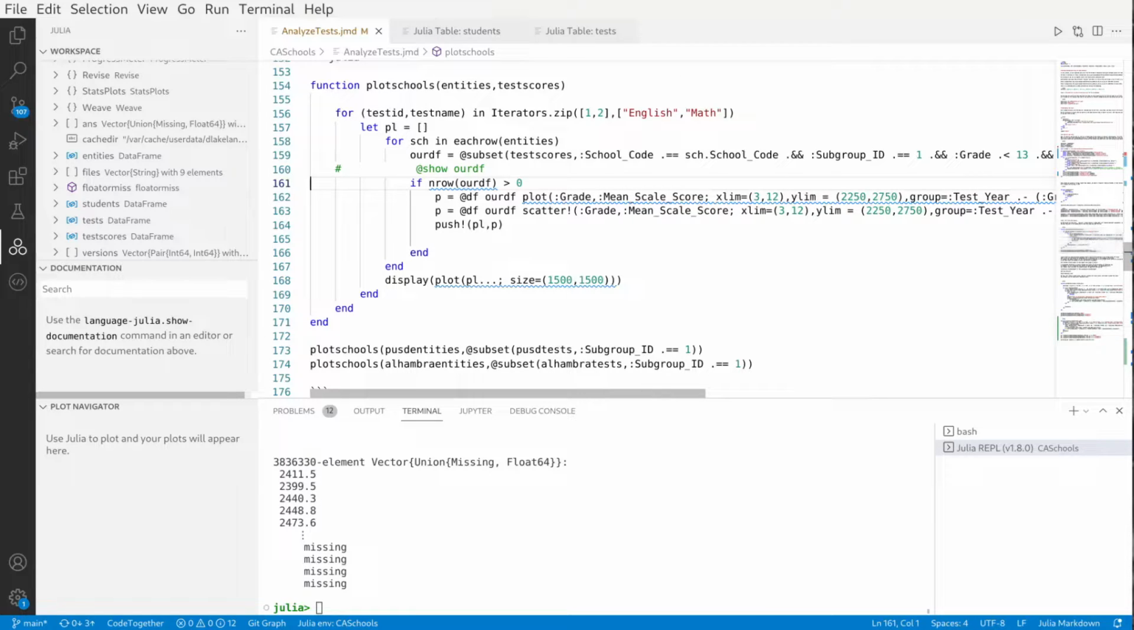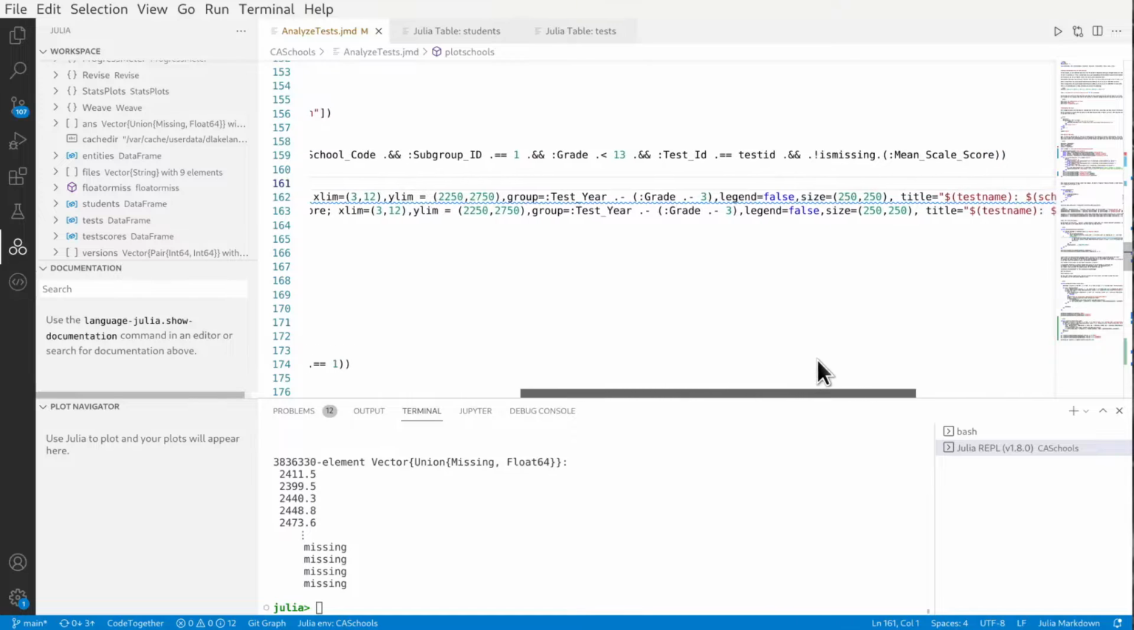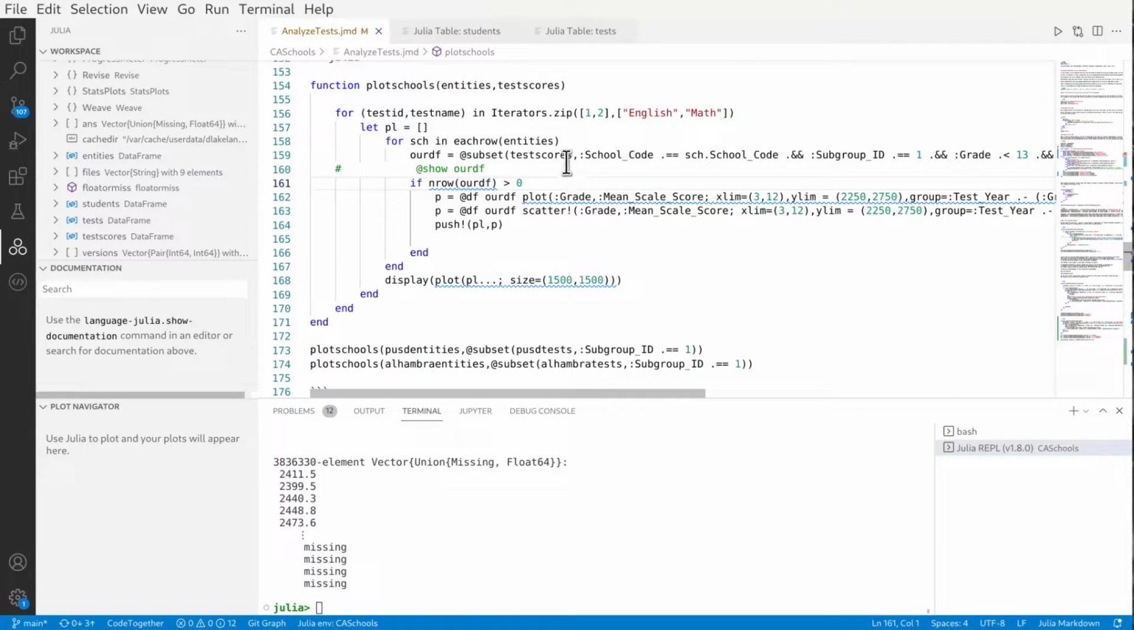Specifically, they might not have math data, or they don't have any scale scores at all. Maybe the school only has 3 students because it's an independent study school, and they don't give averages over fewer than maybe 10 students. So they don't have any data. So anyway, if we do have some data, then what we're going to do is make a